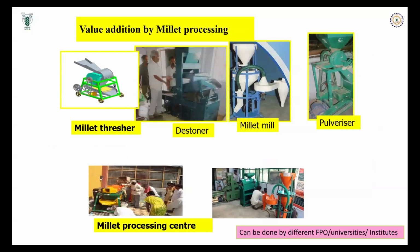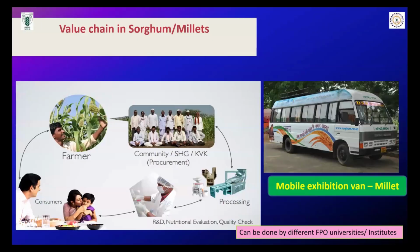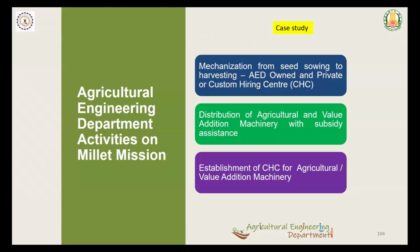It can be done by the FPOs, as you all are. It can be done by universities. It can be done by institutes. And if there's a good funding source, you can have this mobile exhibition van. You can have this mobile system so that it reaches the end product. Another 1 minute or so, I will tell you about the effort done by the Agriculture Engineering Department,